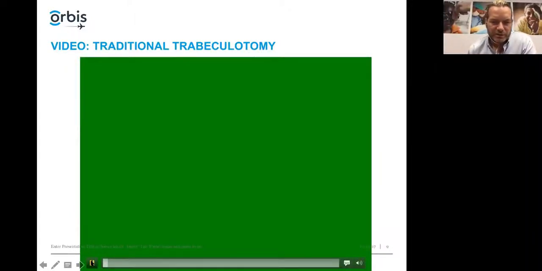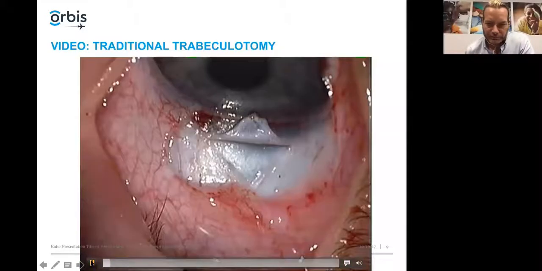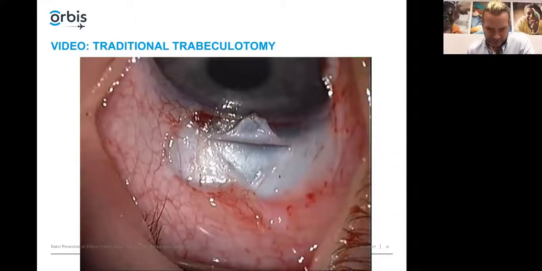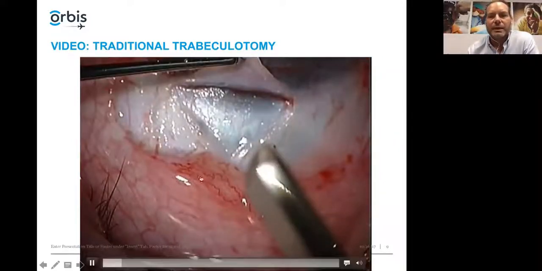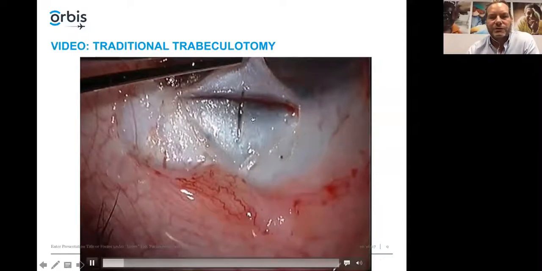I do these with a partial thickness scleral flap like you would for a trabeculectomy. Some people will just cut down at the limbus. One of my partners does that, and it's quite successful. But I like the fact that by lifting that flap, you can see this. I'm going to pause for a second. You can see this blue to white transition. That blue to white transition is what we're looking for, because Schlemm's canal will either be there or just slightly